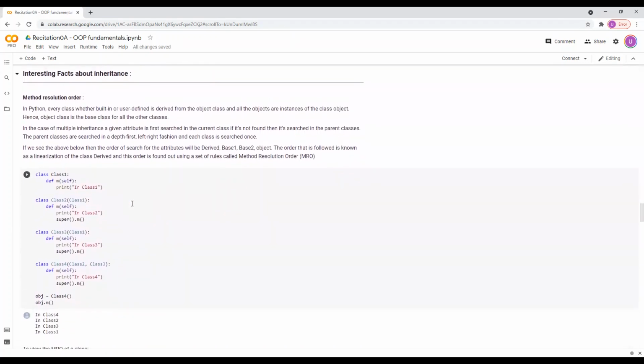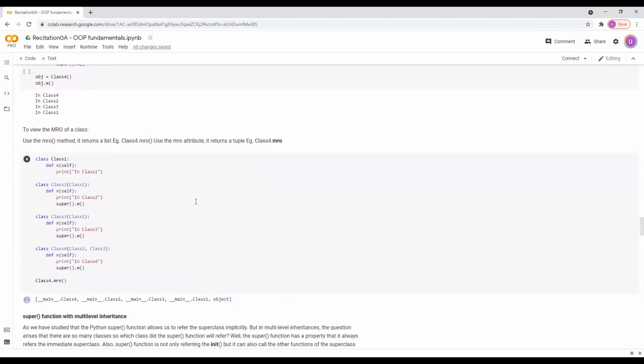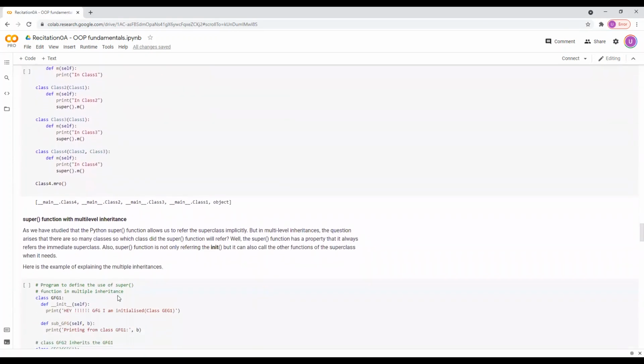Okay. The next topic is method resolution order. This is particularly useful when we have a multi-level inheritance or a hybrid kind of inheritance, where we just want to see what the resolution order is. So for example, in the first example, we've seen that if we add an init method to the child class, it will override the init method from the parent class. In case of such confusions in the code, you can just call the MRO method. For any class, you can call the MRO attribute, and that will basically return a tuple with the resolution order.